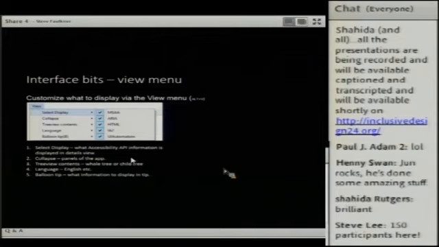So the other bit of the interface is the view menu. It's got five menu items. The first one is select display. So you can select which of the APIs, and also if you want to see the HTML information and the ARIA information, you can select those in there, and that decides which stuff you're showing in the top right panel.